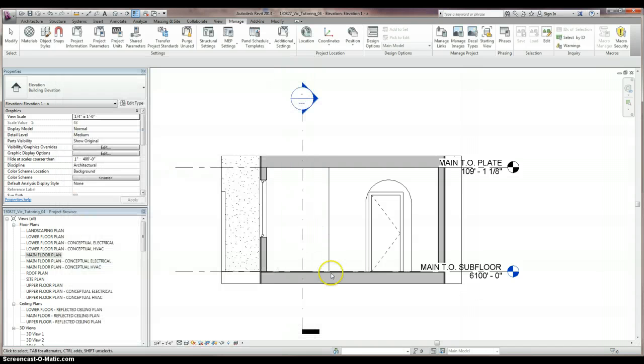Okay, now that we have a material, a paint material, let's go over here. Let's do a shaded color. Let's go back to